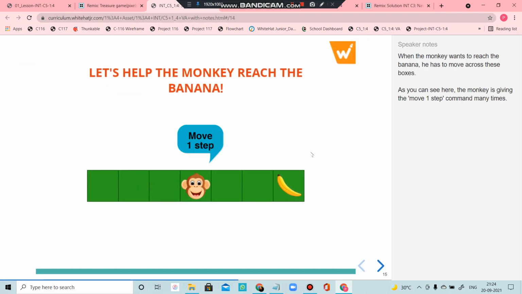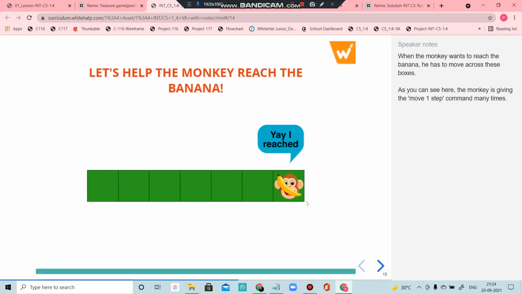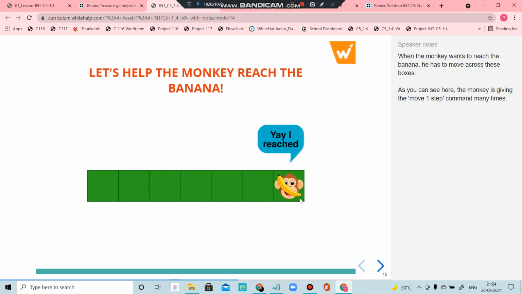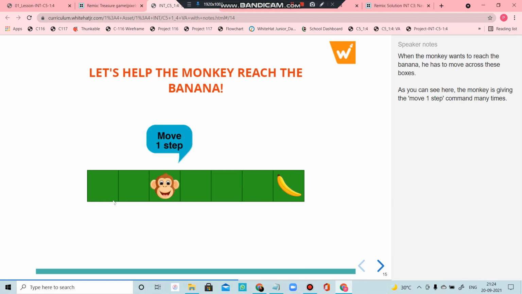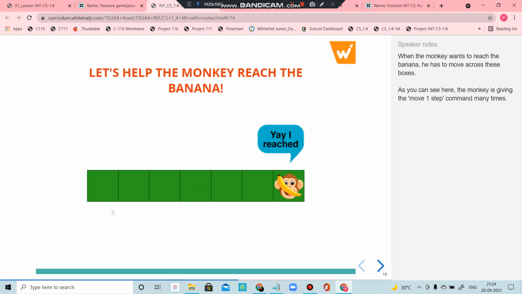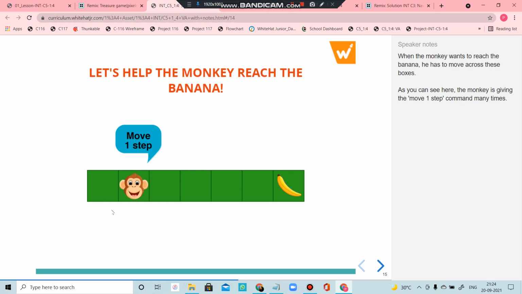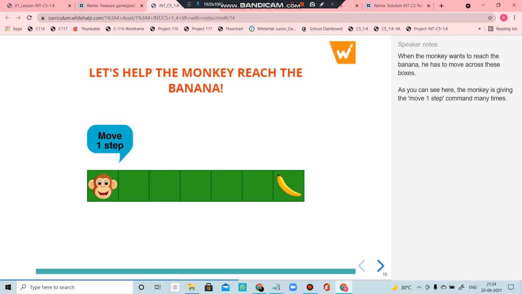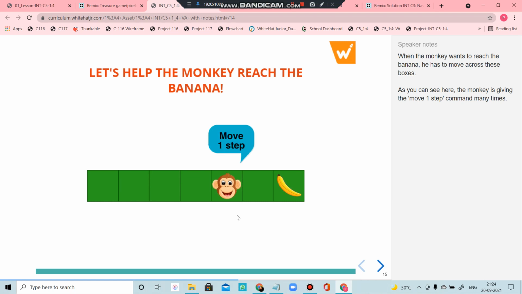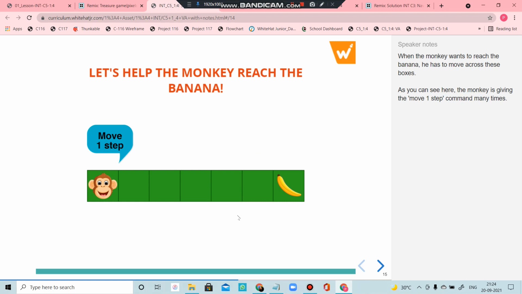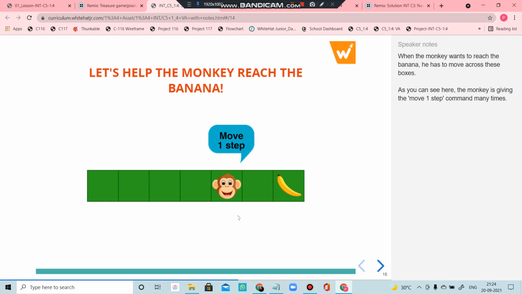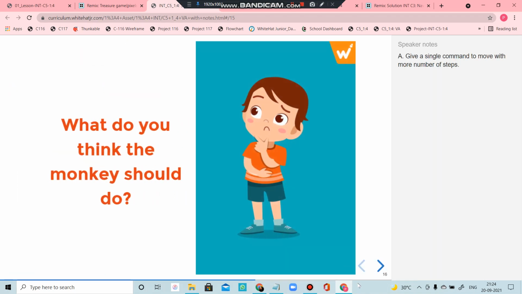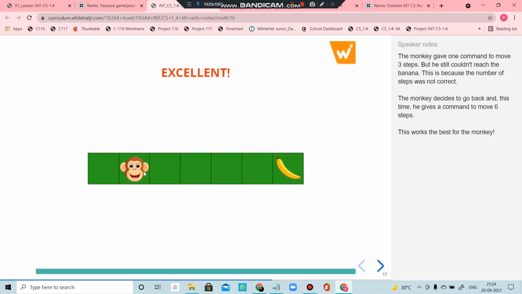Then you can take up this activity wherein the monkey has to reach the banana. Make sure that your students are very well aware of the directions, from which direction to which direction the monkey is supposed to move. Is it a horizontal direction or a vertical one, whether it's east-west or north-south? Okay, it's very important. So accordingly ask if it is a horizontal movement, whether it is an x or a y coordinate. So that is all for the monkey activity, help him reach.